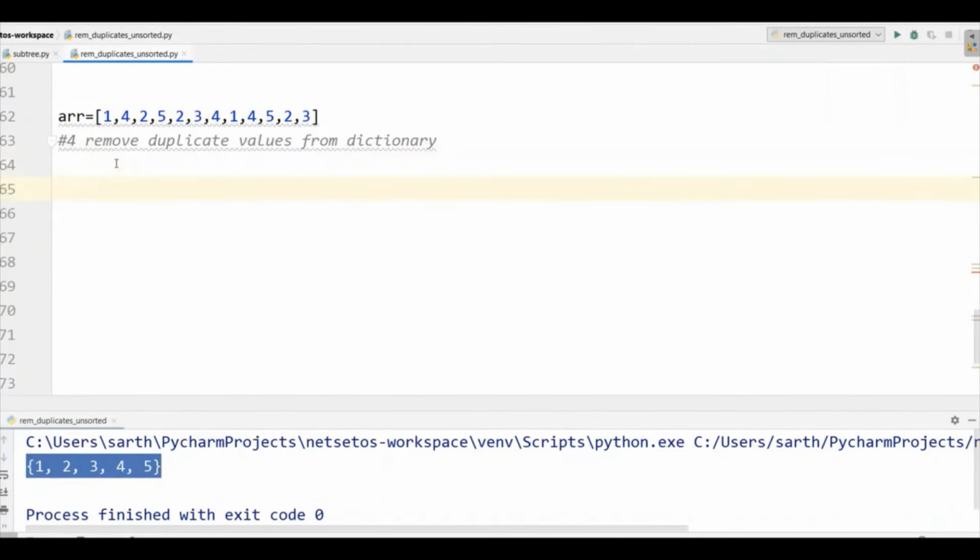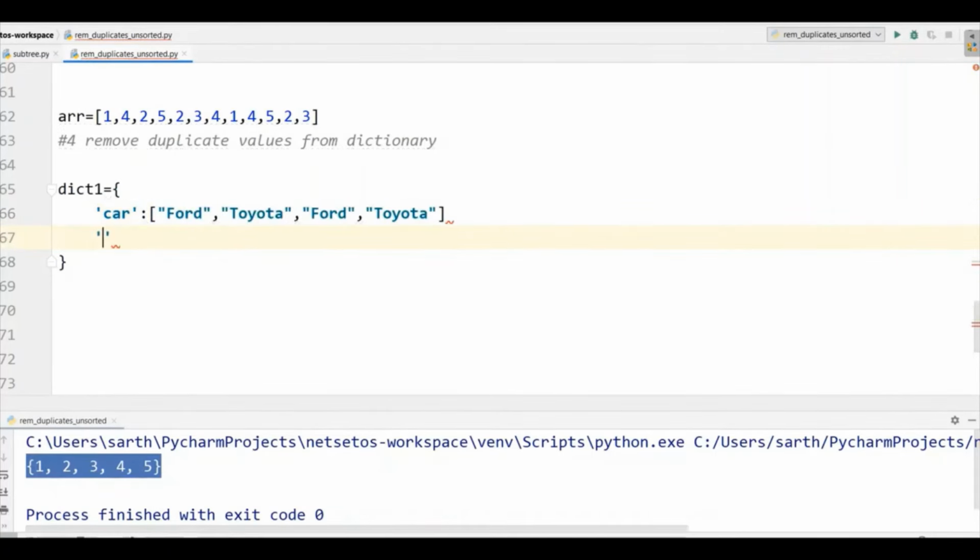First of all, I'll define the dictionary with dict1, and here I'll take car with Ford, Toyota, and then we will make its duplicate over here. So I'll copy paste, and then we will take brand. Here let's take Mustang, and then Rance. Let's duplicate these as well.